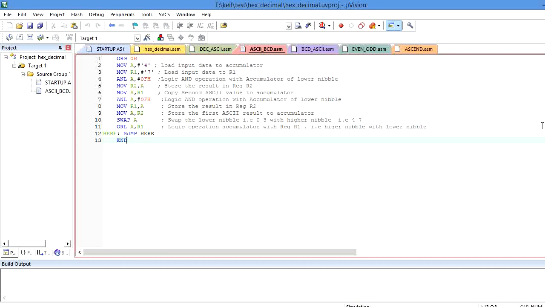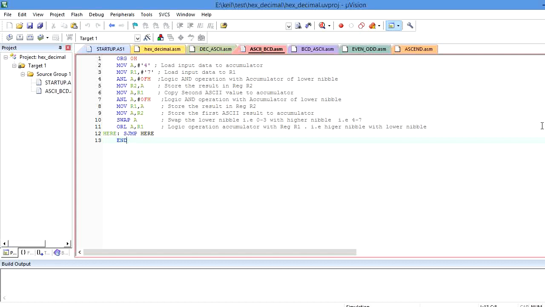For example, if I want to transmit 0, the ASCII value for 0 is 30. So it will convert to 30 in ASCII format, and that is used in electronic communication. Similarly, the numeral 1 has the ASCII value 31. Similarly, the ASCII equivalent value for 2 is 32, and so on. So we convert the numerals into ASCII format and use them in electronic communication.